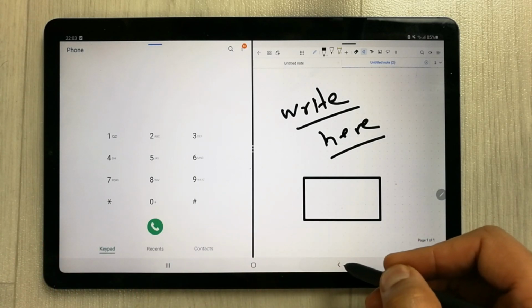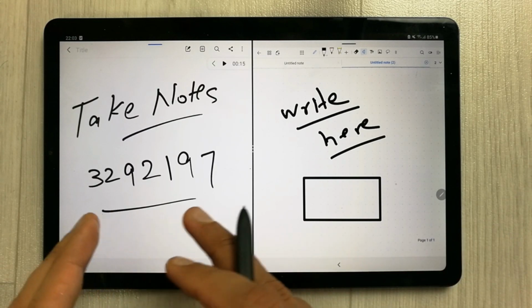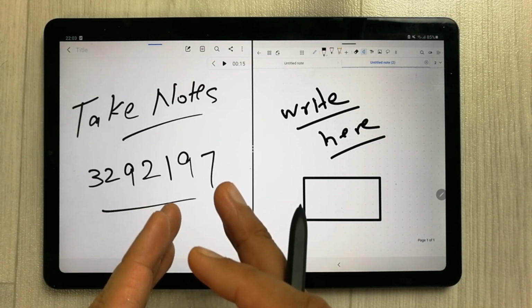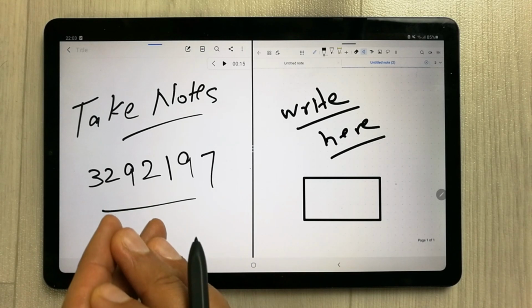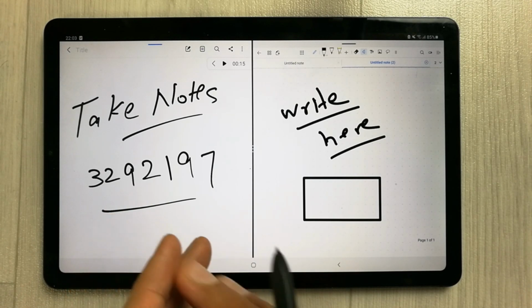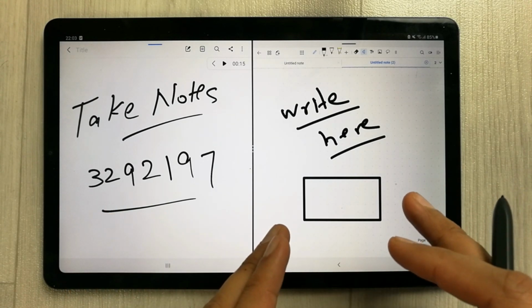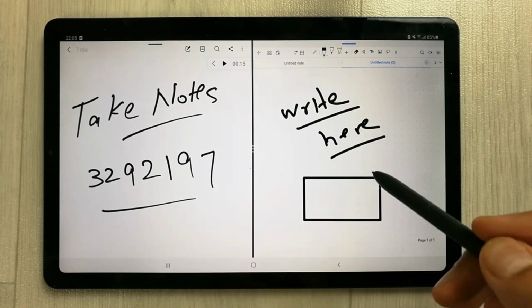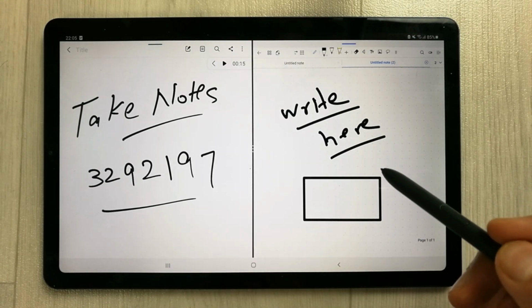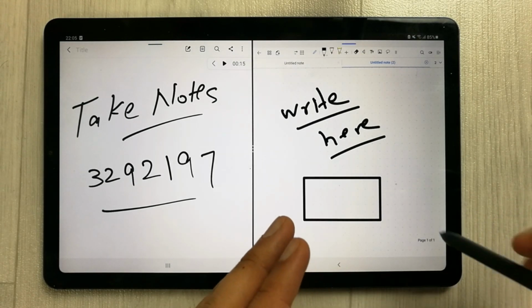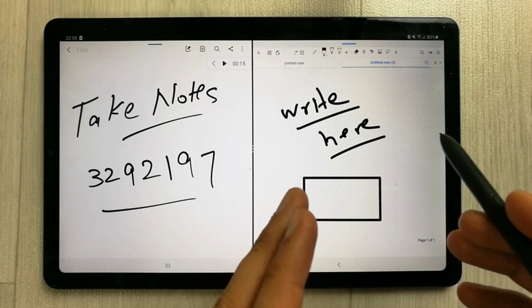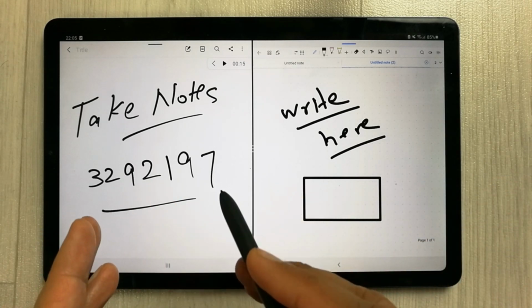And the same thing you can do with your email. You can write any email here, and then it gives you the option to send an email to that specific email ID. But on the other hand, in Flexel there is no such option. So now I will take you to the second part, in which I will show you what features Flexel has and Samsung Notes doesn't have.